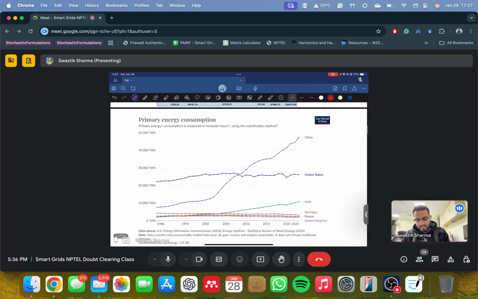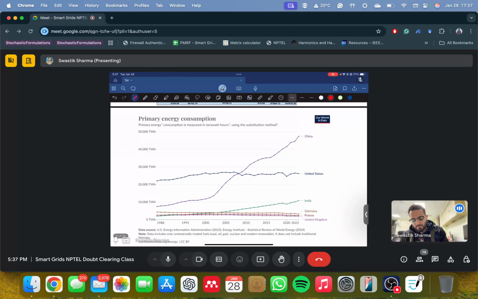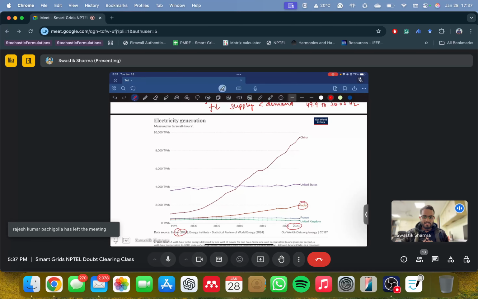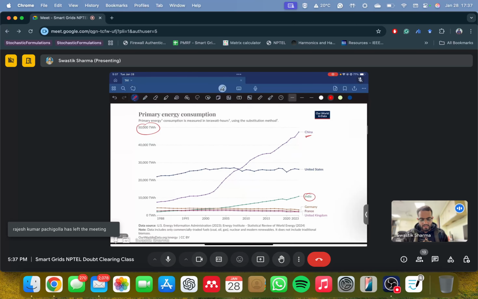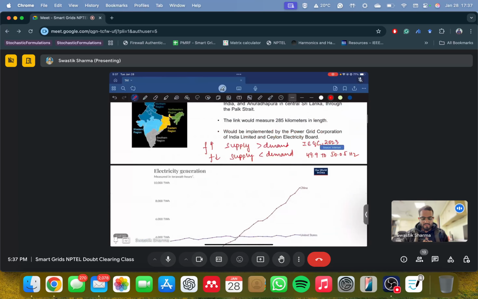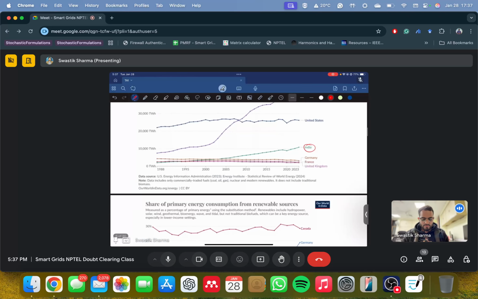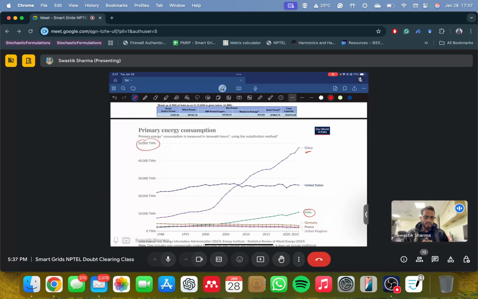So see, China needs energy. China's energy consumption stands at close to 50,000 terawatt hours, right? While for India, it's above 10,000 terawatt hours, right? So China is still a long way from reaching that amount of energy. But for India, it's not going to be easy as well, because the jump from this to this is huge, and this needs to take effect certainly by 2047 if we want to become a developed nation.